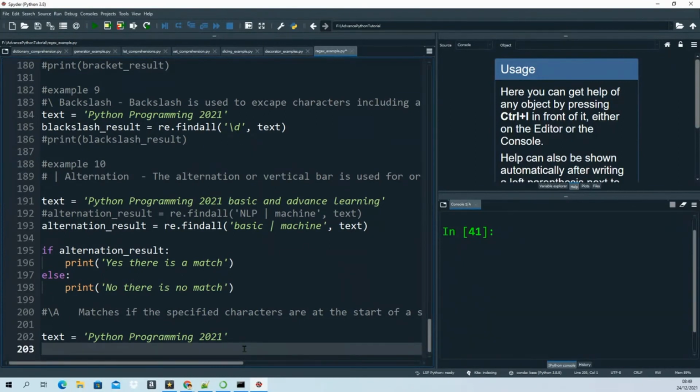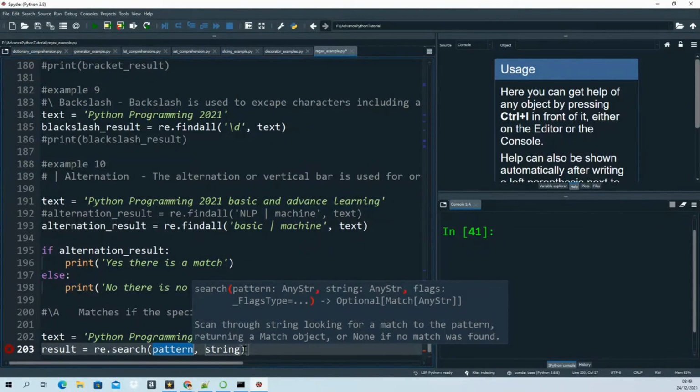We'll use the search method, like let's see, result equals re.search. So for the pattern, we're going to use